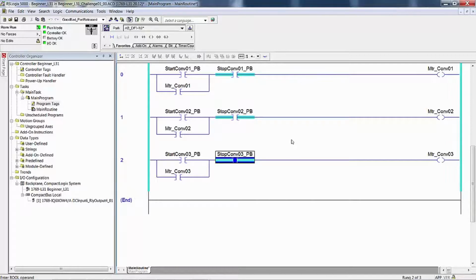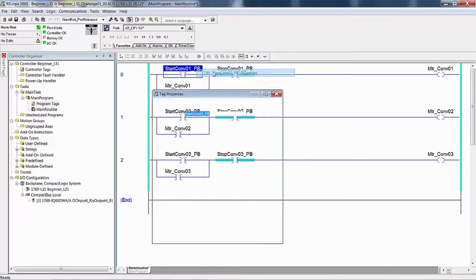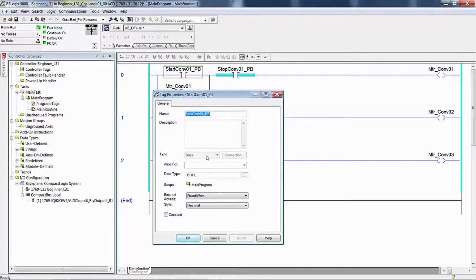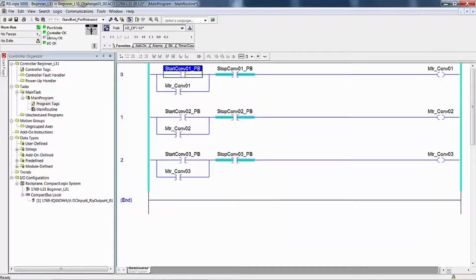Now this is all internal tags. These are tags that we created. They're not aliased to any I/O, and at this point you can't alias them to I/O while you're in the run mode. So if we go to edit, see that's grayed out. You cannot change the type once you create it. That's why I'm telling you, if you make a mistake doing this online, you have to go offline to fix it. So just to demonstrate that, so you know I'm not fibbing,